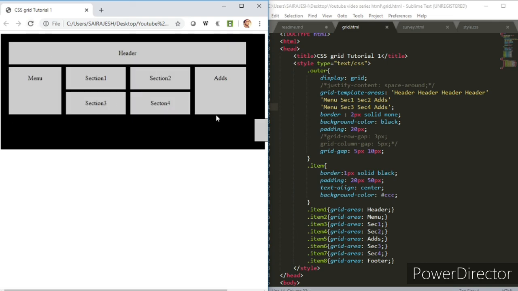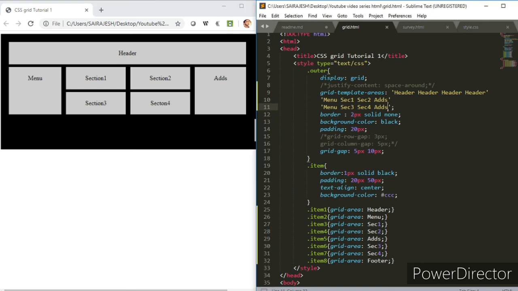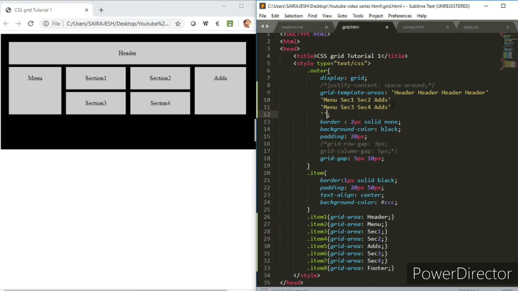We have forgotten the footer, so it went out of the box. So we can actually go in and make another column, so something like maybe like that, and then maybe you can type in menu again. So if you want the menu to be there, you can put in menu. Then you can put in the footer, so thrice footer, and then once more footer. So I guess you are getting an idea of what I tried to show you here.